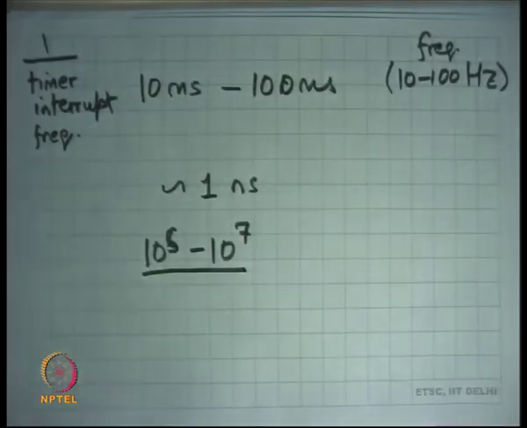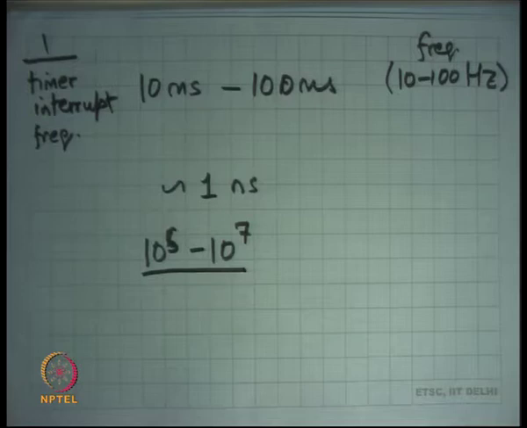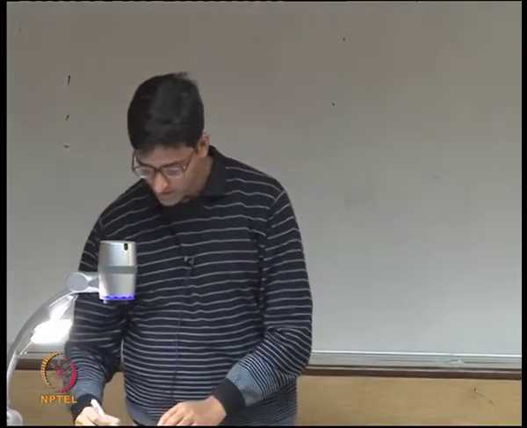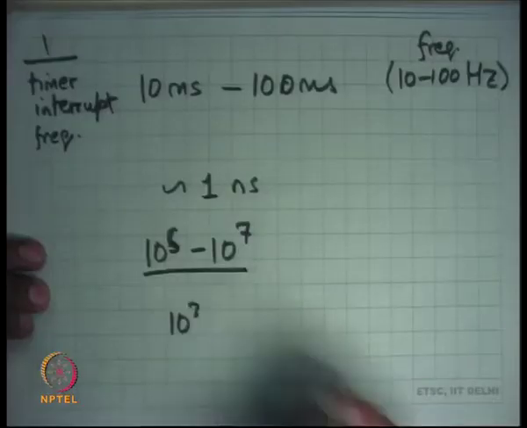What is the overhead of one timer interrupt if you were not going to context switch? It is one switch into the kernel, executing a few function calls, returning from a few function calls, and going back. How many instructions do you think will get executed in doing this? Somebody says 100. Okay, let's say 1000 is a very conservative number. So that's basically 10 to the power 3, right?